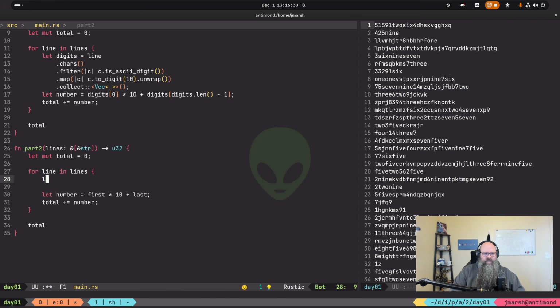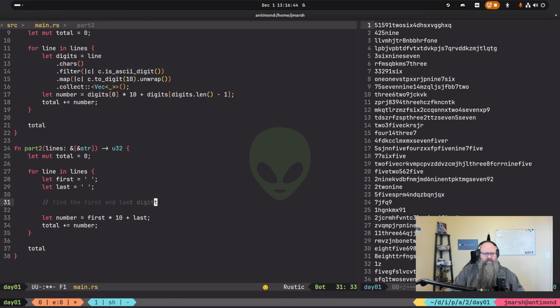So we'll have a let first equals something blank and then last equals blank. And then down here, we'll do some logic to find the first and last digits in the string. We'll do that here. And then we'll just say let first equal, like that.